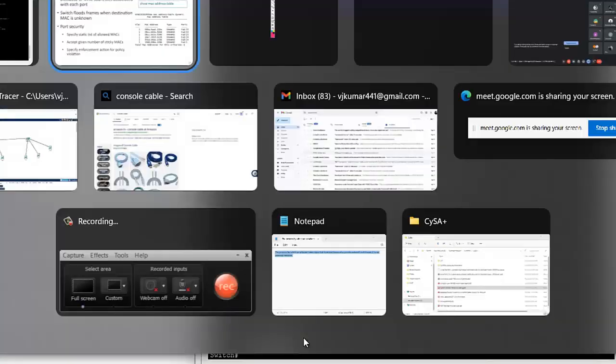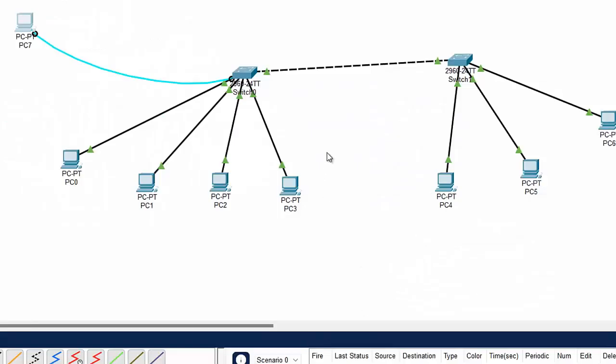Okay. Now I am reaching my Packet Tracer, and here what I am going to do is ping all the computers. Ping this, also ping this to this, and this to this, and this to this, whatever, ping all the computers.